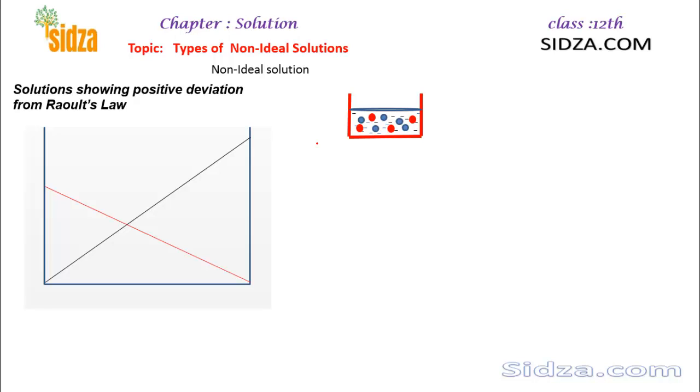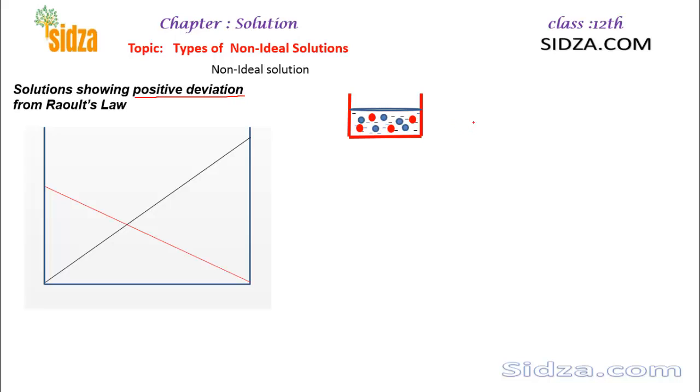So a non-ideal solution shows either positive deviation from Raoult's law or negative deviation from Raoult's law, because we learned in our last video that a non-ideal solution does not obey Raoult's law. Now let's try to understand it with some examples. In a positive deviation,